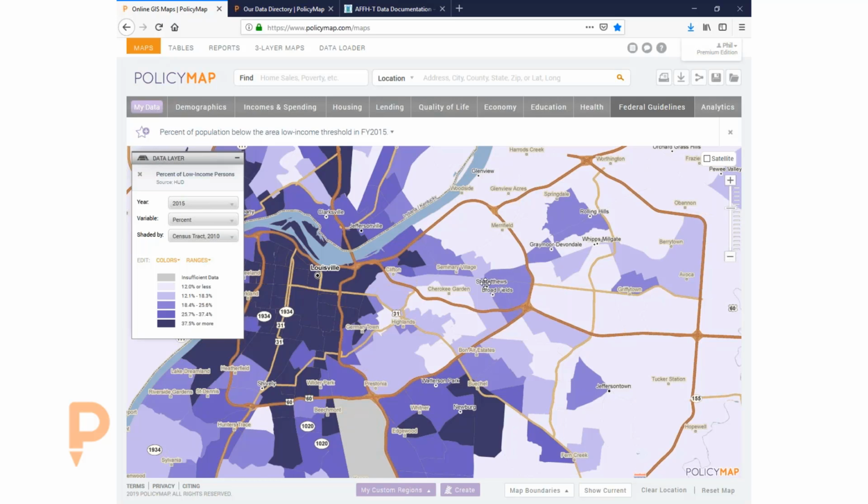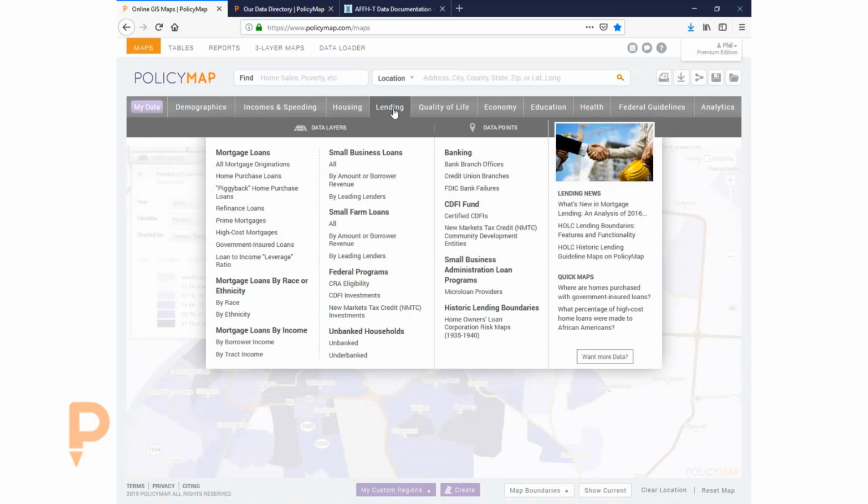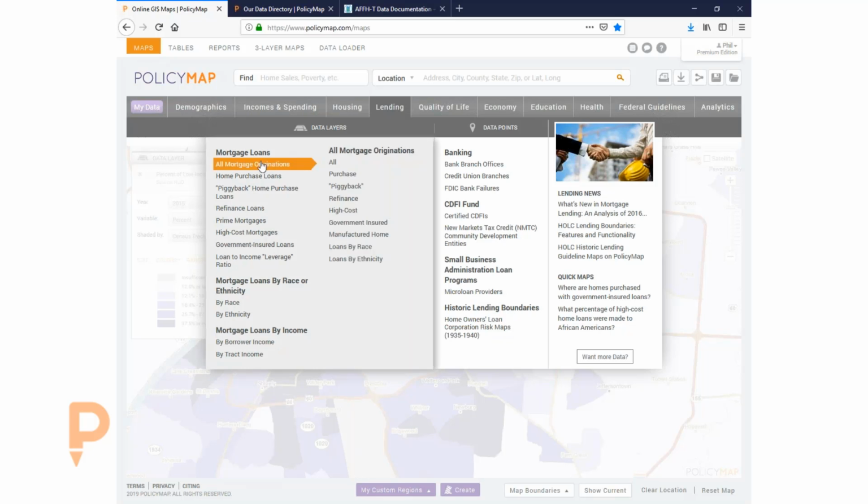Okay, sure. Mortgage lending it is. Mortgage and lending is a pretty unique data set for us. This is more CRA and HMDA data sets. If you're familiar with the Home Mortgage Disclosure Act, lending is going to have all those variables related to it. Our calculations for HMDA data are pretty unique in that we actually work with the Federal Reserve Bank to